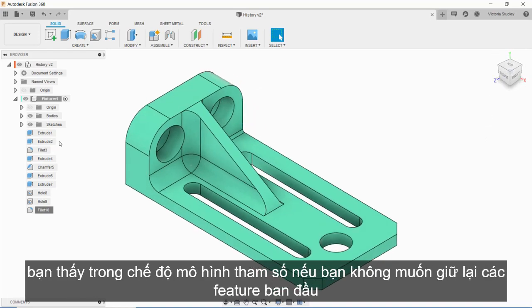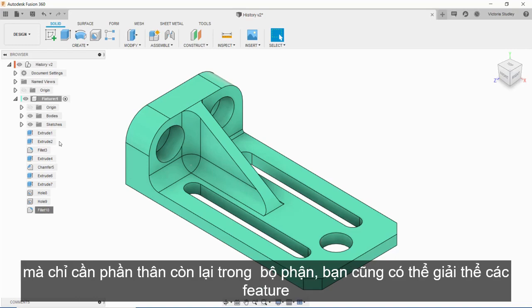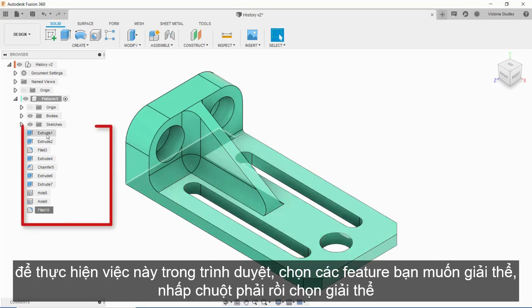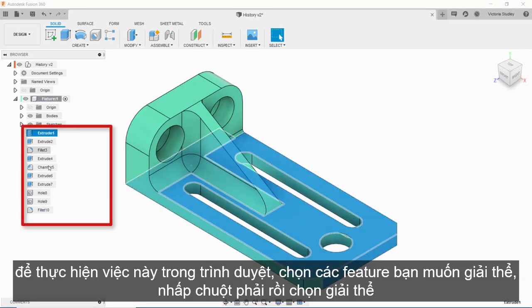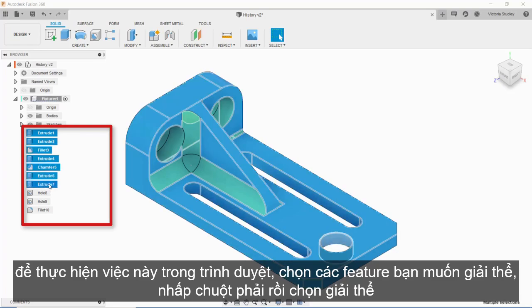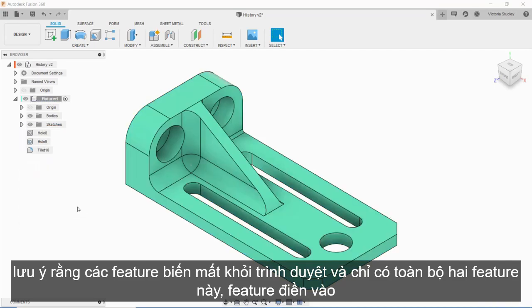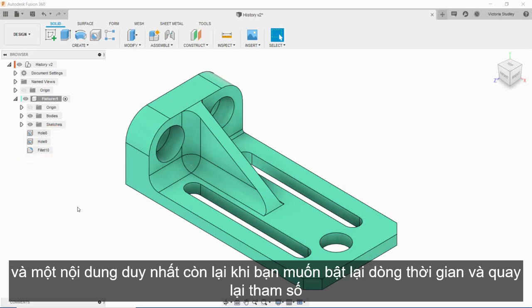If you don't want to preserve the original features, but rather only need the body to remain in the component, you can also dissolve features. To do this in the browser, select the features you want to dissolve, right-click, then select Dissolve. Note that the features disappear from the browser, and only these 2 whole features, the fillet feature, and a single